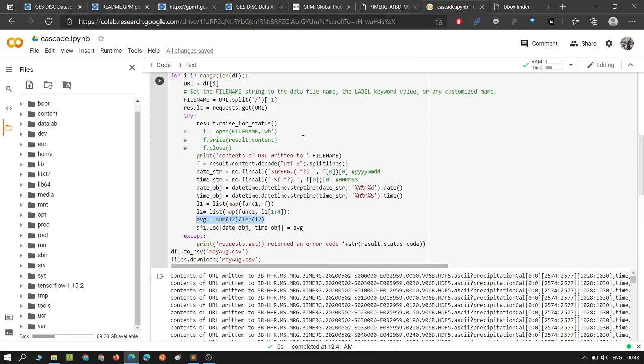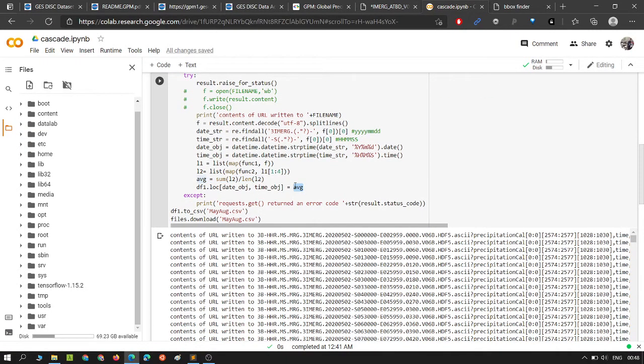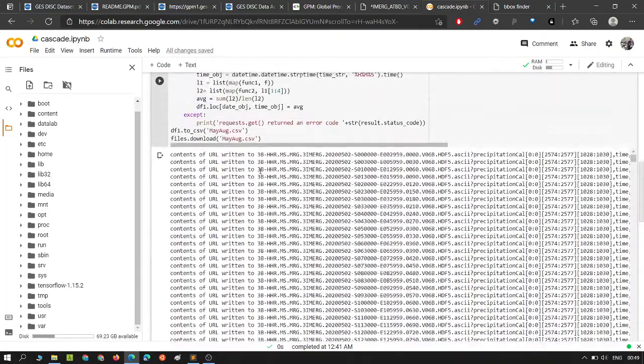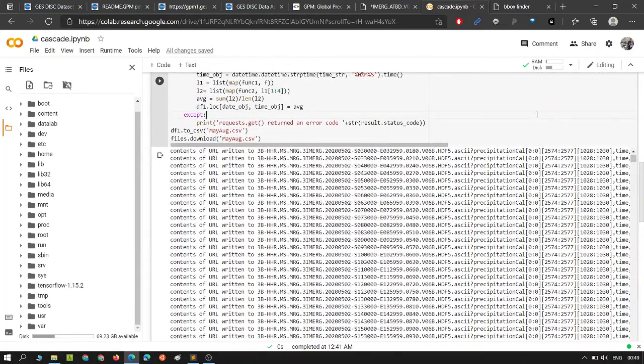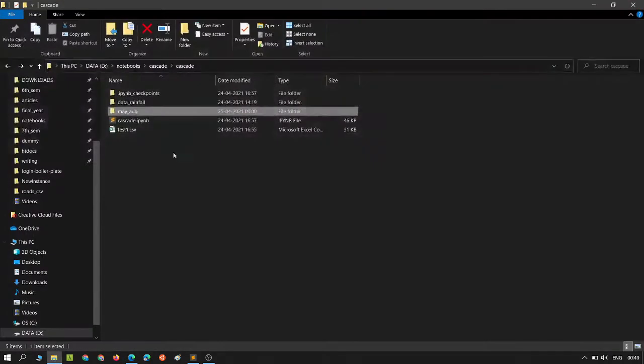So we do that, and this is the average of all those values, and we store it in the data frame. This data frame is like an Excel sheet. Once all this is done, we save it to a CSV, we name it anything, and then download it.